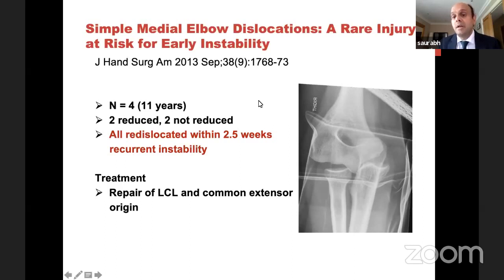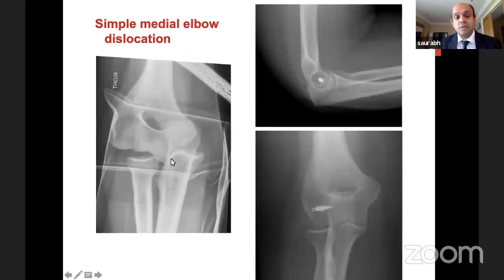You can do an EUA, and then because it's gone medially, your lateral ulnar collateral ligament and the whole complex has come off along with your extensors. So it needs a repair to your lateral ligaments and your extensors. You can see here, the elbow has dislocated medially, and we put an anchor here. We put an anchor there, right in the center of the capitellum. That is the isometric point of your lateral ulnar collateral ligament. So you can put one anchor, you can put 2 anchors, or you can do a drill, whichever way you prefer.